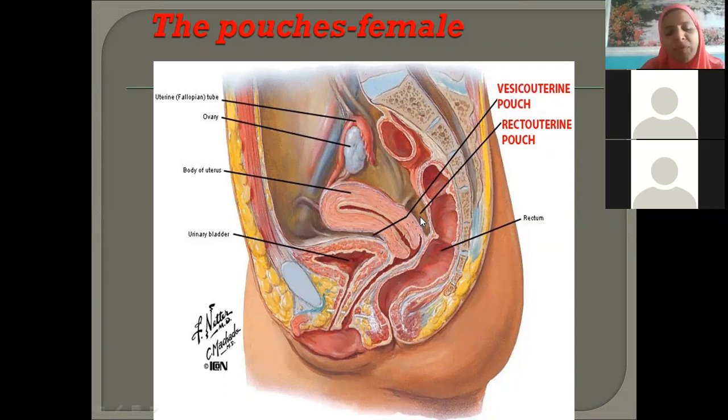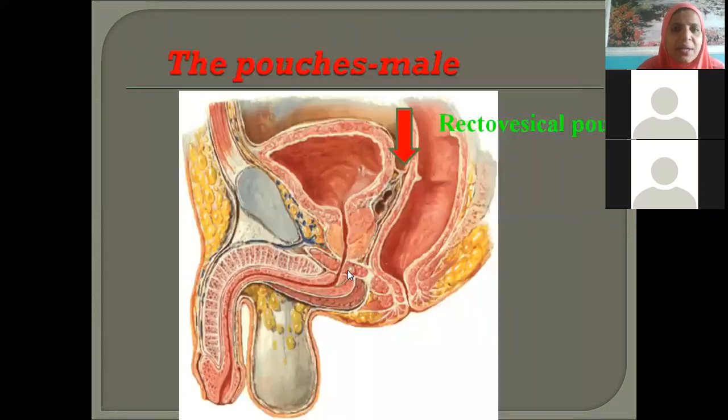Before I move to the next slide, can you guess, is this female or male? Female. In the case of male, what pouch must we be having? Just guess fast. Vesico... very good, Hansraj, you have tried at least. That is the rectovesical pouch. I will show it in the next slide. You have just reversed the name, but it is right. In male, we do not have a uterus here. Directly between the urinary bladder and the rectum, we have the rectovesical pouch.